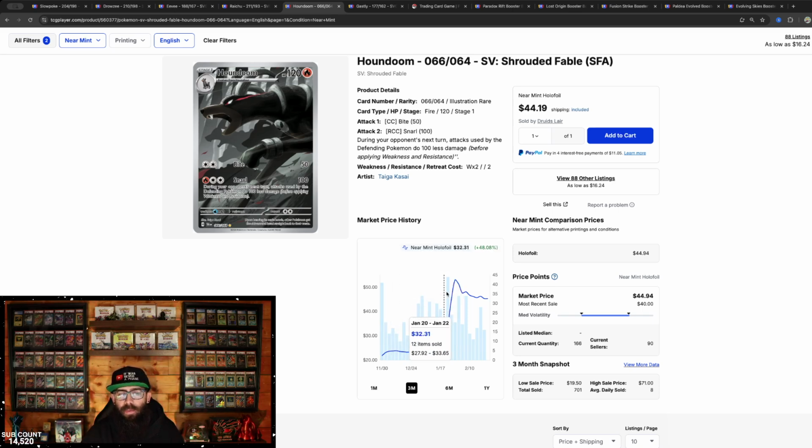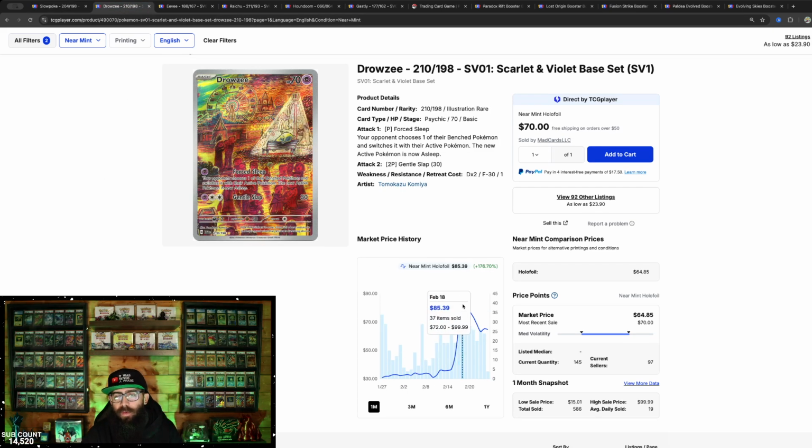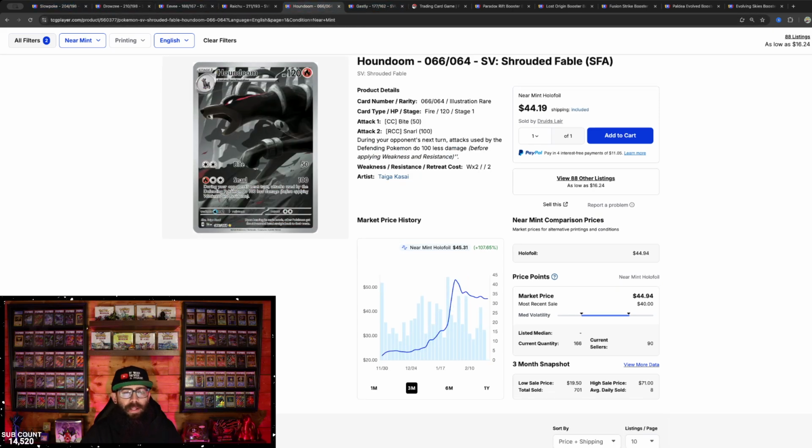But just keep in mind that if you were to have chased into the FOMO of this, right, it's just a little retrace. It's not as big, right, from just falling off from 50s to 40s. I'm just saying, there's more potential, in my opinion, of a bigger fall off on a card like a Slowpoke or a card like a Drowsy, from 80 to 65. 85 to 65 right now, that's a $20 fall off, right? So keep that in mind. That's a $20 fall off. Whereas something like the Houndoom made a little bit more sense to me that it was running up. Okay. But you still want to be cautious, a $10 fall off right here. And it could keep falling, right? There is potential. The point of this is just to exercise a little bit of caution and potentially